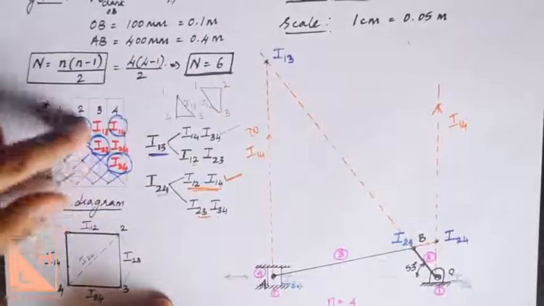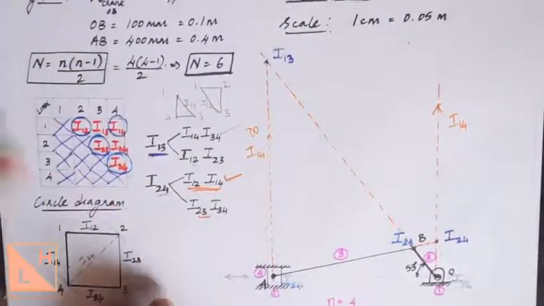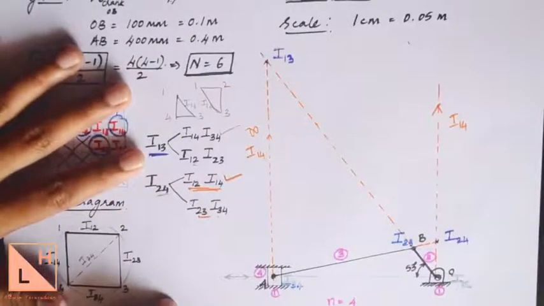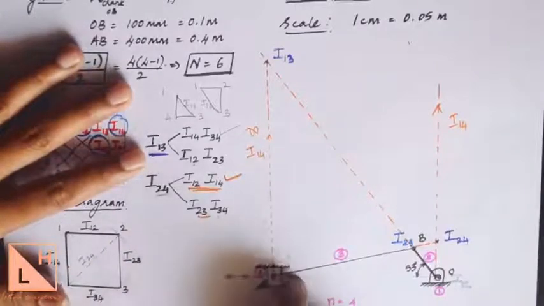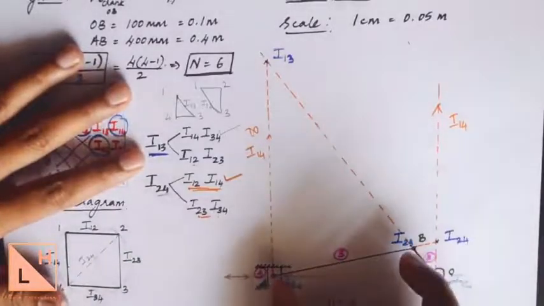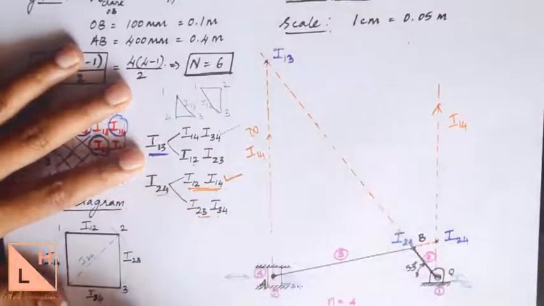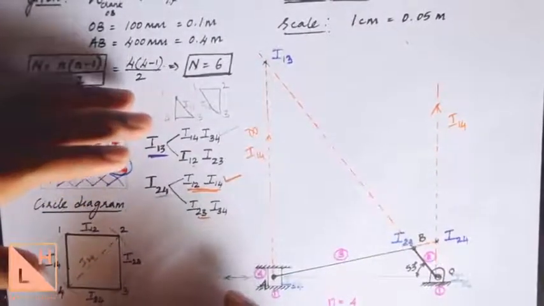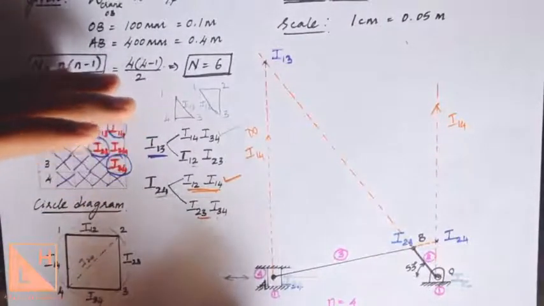Now we have finished finding all the 6 instantaneous centers that we were supposed to find, the ones which were in the table, all are done. Now we need to find the velocity of the slider and the angular velocity of the connecting rod. We have the relation between angular velocity and linear velocity. The velocity of the crank, given by omega OB, should be equal to the velocity at point B divided by the distance of point B from the center of rotation.